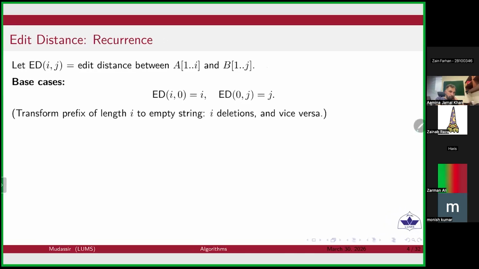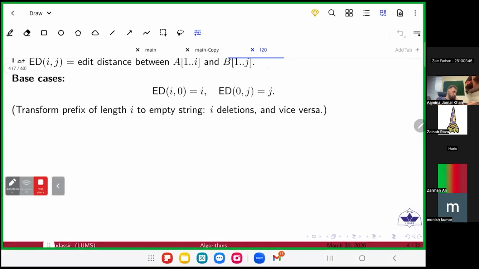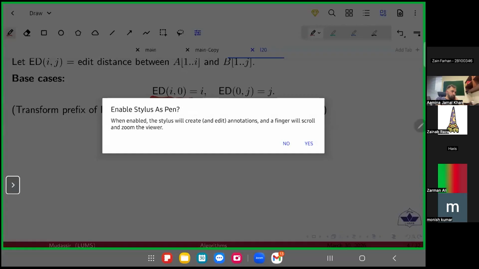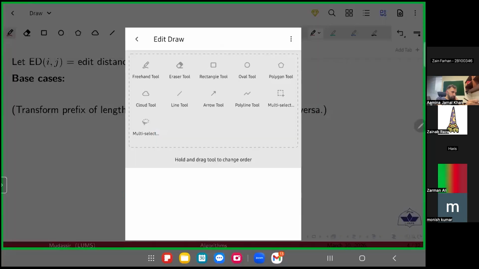is my pen. Cannot write it. ed of i is enable stylus as pen. छोड़ो यार क्या कर रहे हो तुम. How do I'm trying a different